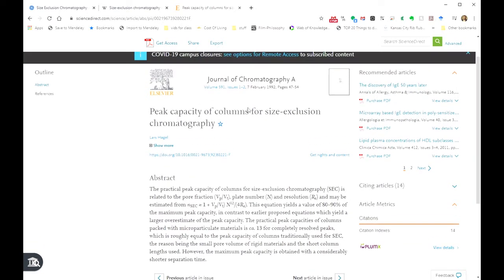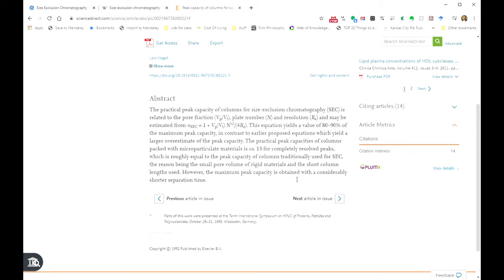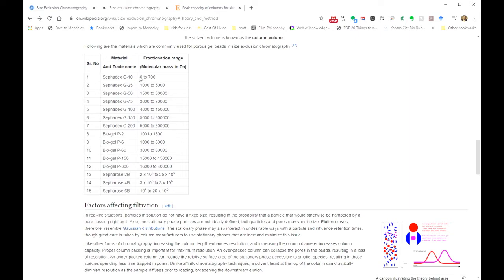Here, this is a paper from 1992 in Journal of Chromatography A. This is like the top journal of separation science, basically, looking at exactly that, peak capacity of common columns in size exclusion. And basically, here's a rule of thumb number: 13. You're going to get basically 13 baseline resolved peaks. Remember these are nice linear resolving ranges based on that graph we drew a few minutes ago. So if you take this range, for example, for Sephadex G10, and you break that into 13 equal parts,